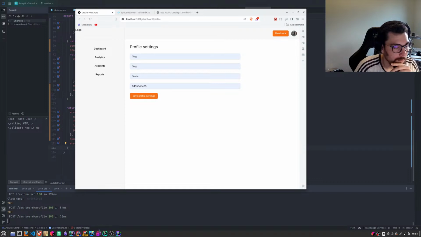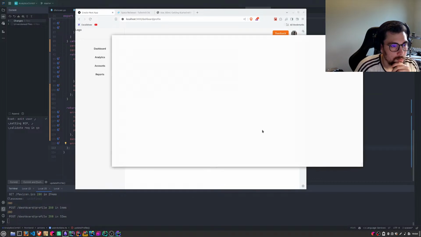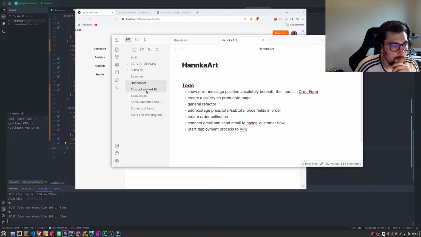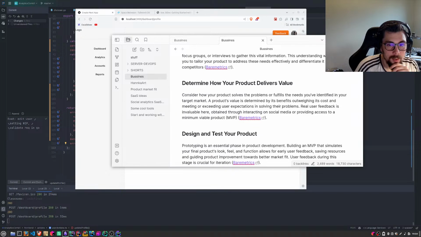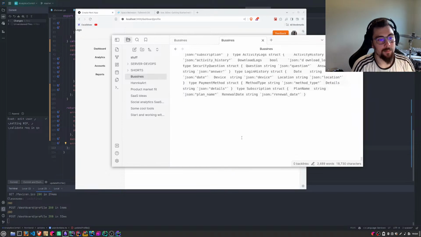That's a good idea. Improving UI. Maybe make the sidebar collapse.